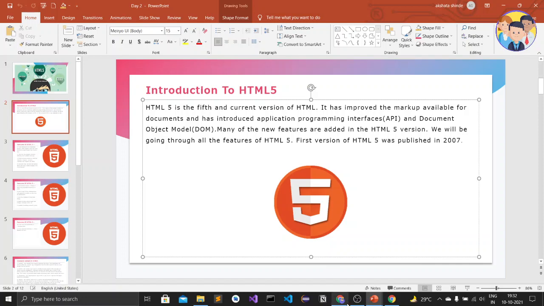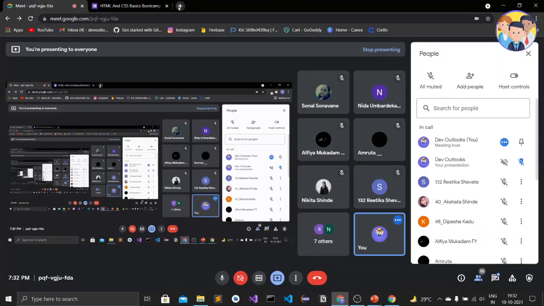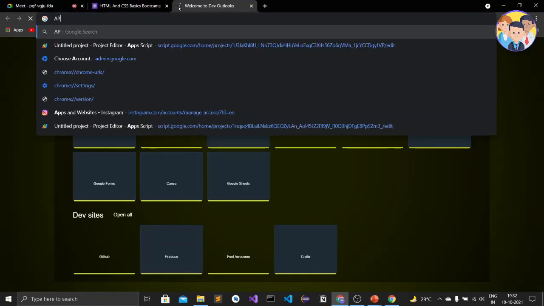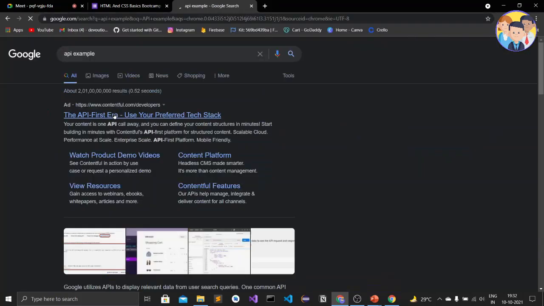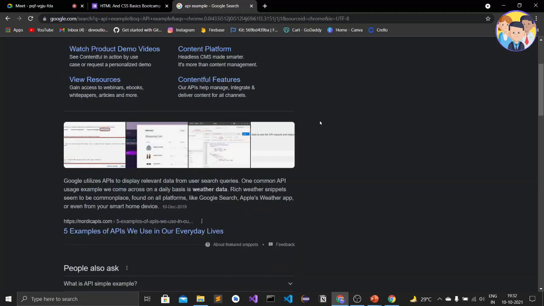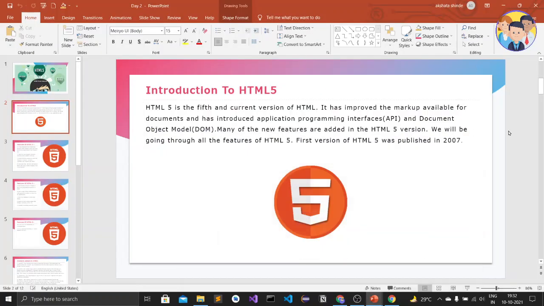We can search on Chrome for API examples and we can get many examples. For example, there are Corona news APIs that we can use. Many APIs are there in the market now. Many developers create APIs, even I create APIs.